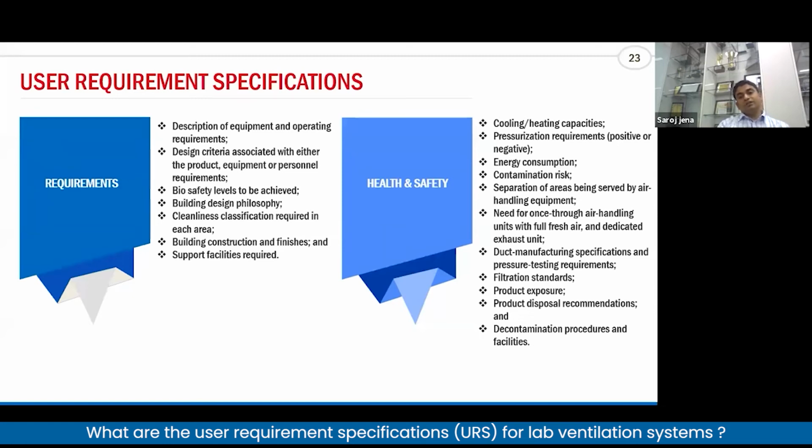And second, if you are asking for another type of ventilation system for manufacturing, you should focus on what type of grade: grade A, grade B, grade C. You have to ask for these if it is intended for a classified area. Particularly in the microbiology sections, you should specify the grade of the microbiology lab area. Maybe you are intended for A by B, and sometimes you also ask for that. If you are handling a cell biology lab, then grade D area followed by the biosafety cabinet, you should intend to ask. But broadly, in the lab, these are the specifications you should focus on.